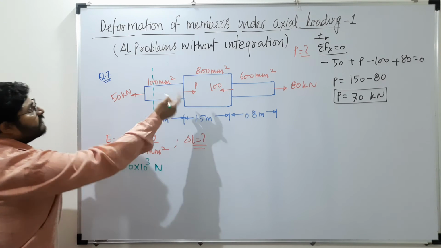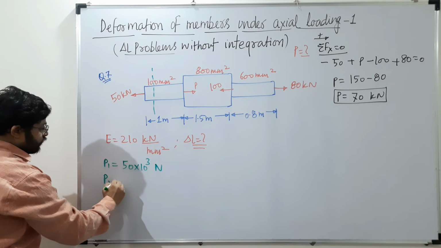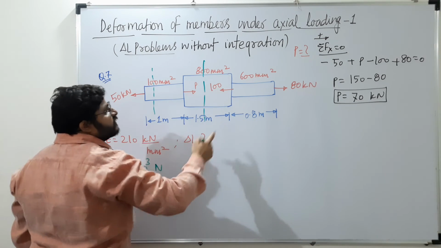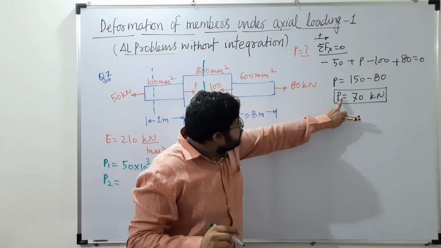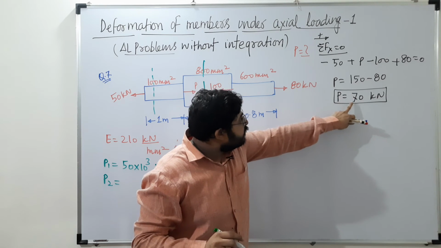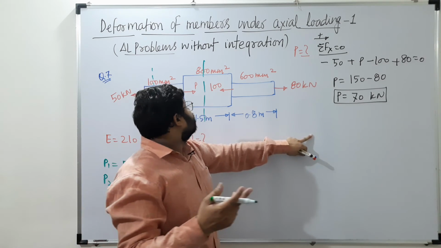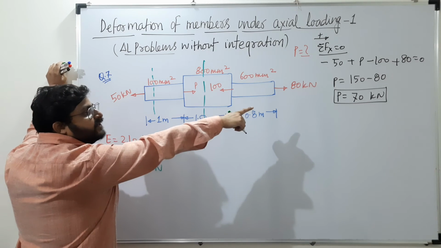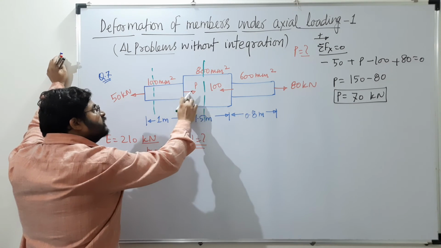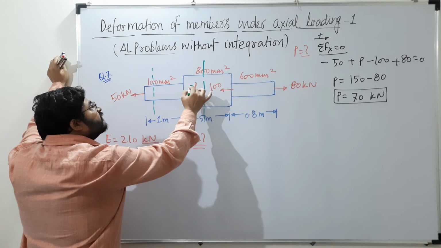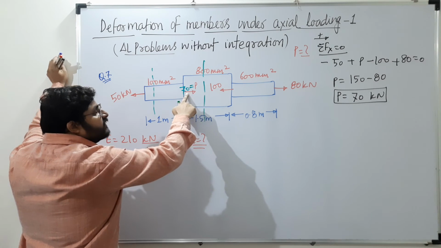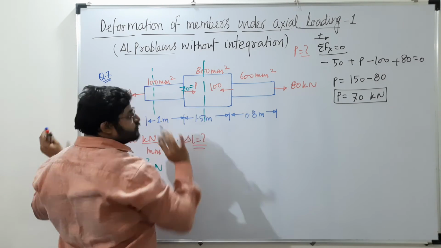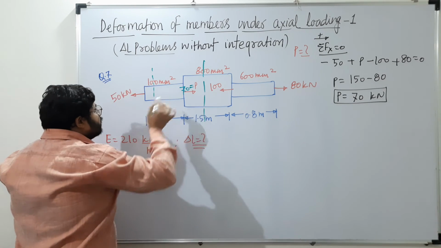What is the value of P2? So immediately you will cut a section here and you will say, sir, this 50. Now this P value is coming out to be 70 kilonewton positive. That means whatever the direction of P is given is correct. So the direction of P is on this side. Don't get confused that P is 70, so this is tensile. No, P is 70 means whatever you have assumed for P, that is 70. If suppose that answer would have come negative, then we would have changed the direction of P. That's it. So take care of it.